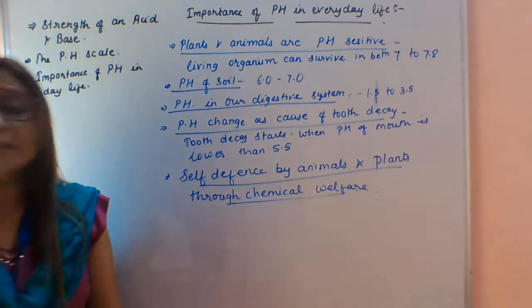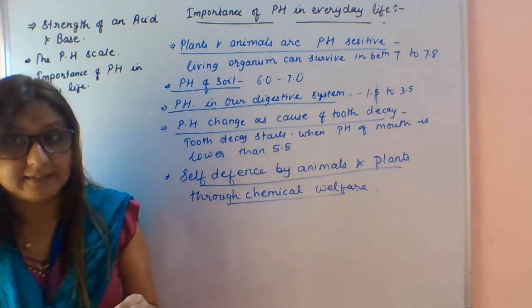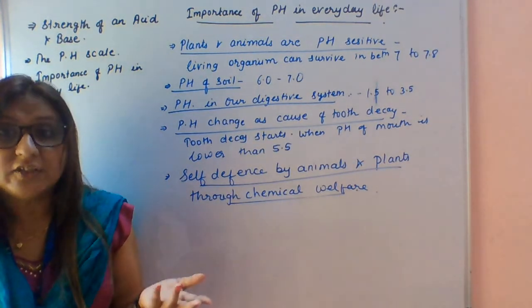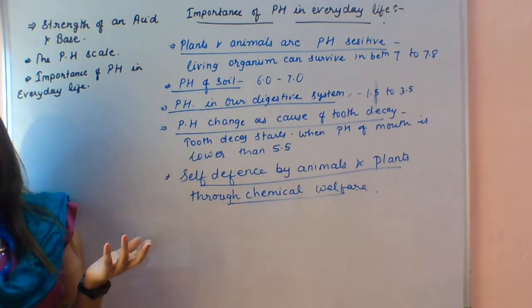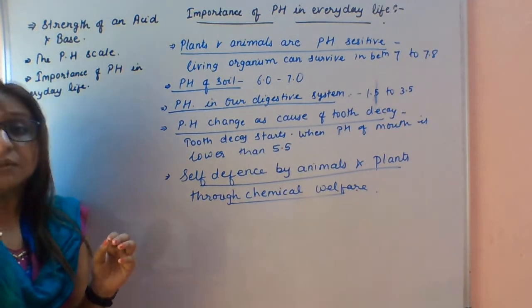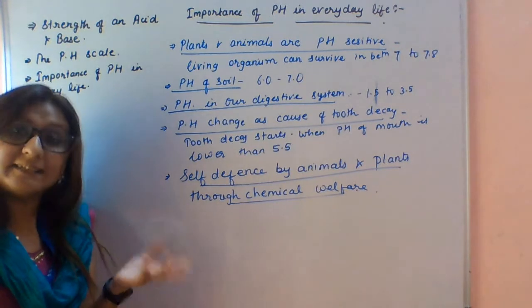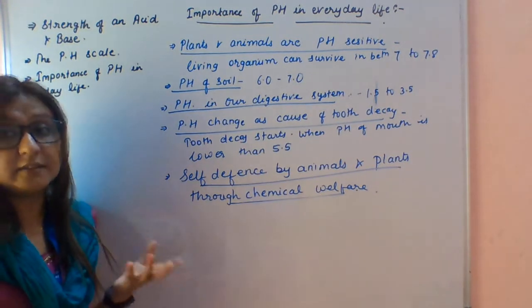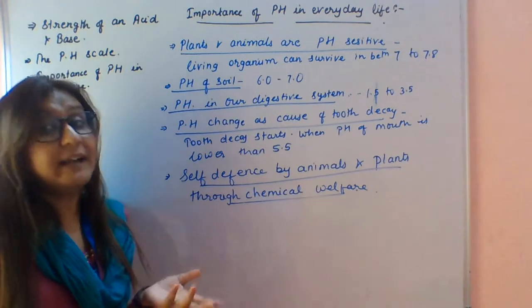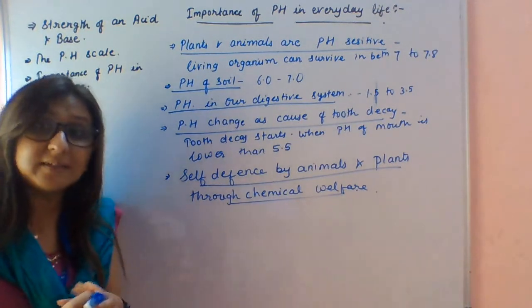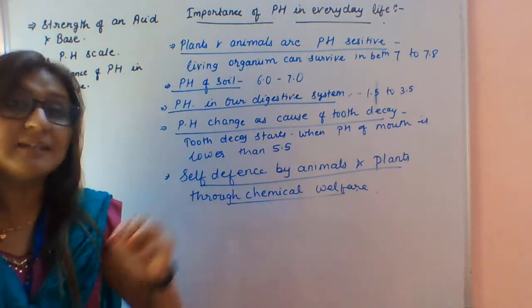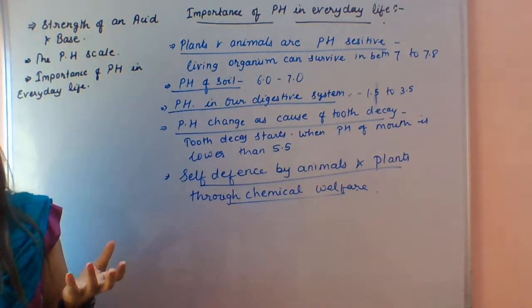Students, we all know the stomach produces hydrochloric acid, HCl, for further digestion, or you can say for further breakdown of food. Obviously the HCl is secreted in the stomach, and it is not harming the stomach. Why is it not harming the stomach? Because in the inner lining of the stomach, mucus is secreted. Due to this mucus, the HCl is not harming the stomach.